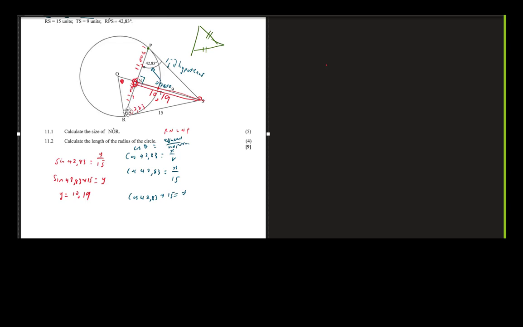Angle ONR. Did I read all the information? Yes. Tangent and chord was not applicable. If you see something, guys, you'll help me. We figured out NR. We figured out NP. But if we have NR and we are looking for this angle, and this is a right angle triangle, can I say